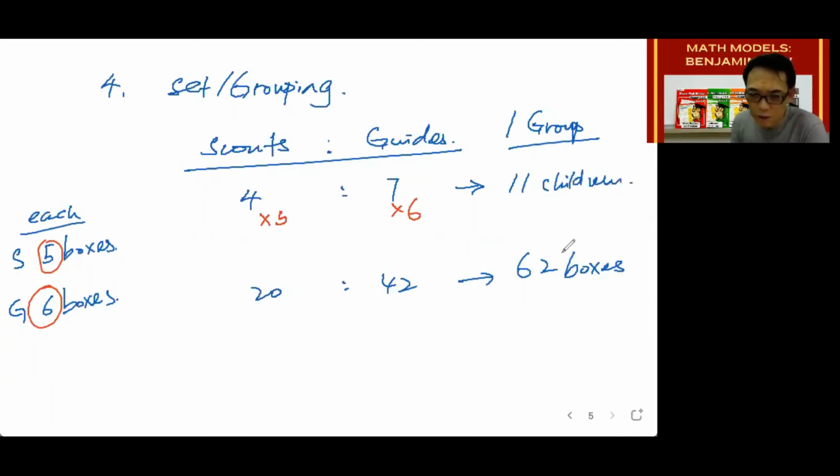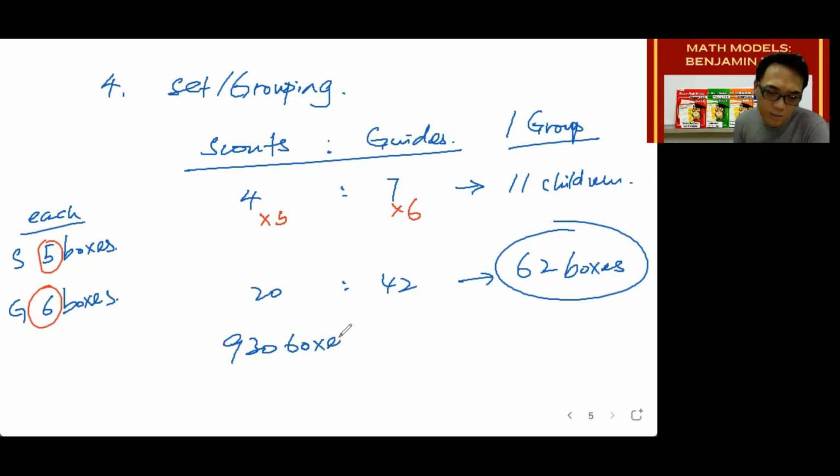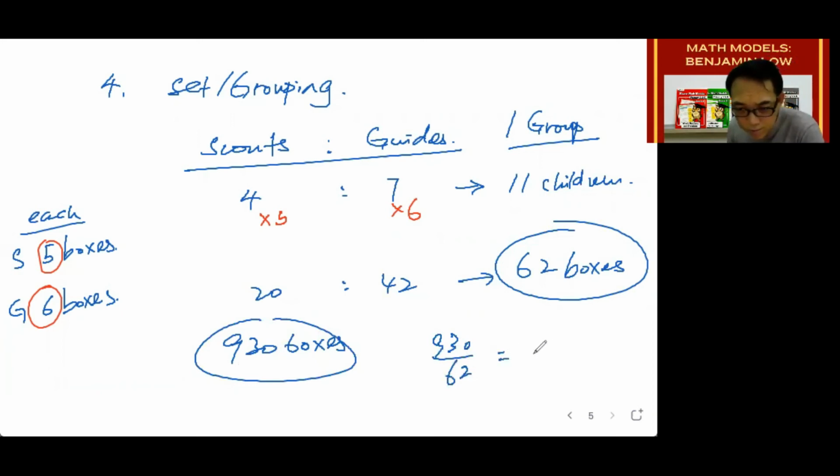In questions like this, they will then tell you how many boxes of cookies were sold by all the scouts and the guides, for example, in a certain month. So for instance, if they were to give you a number like 930 boxes sold in a week, for example, then you take 930 divided by 62, and you should get